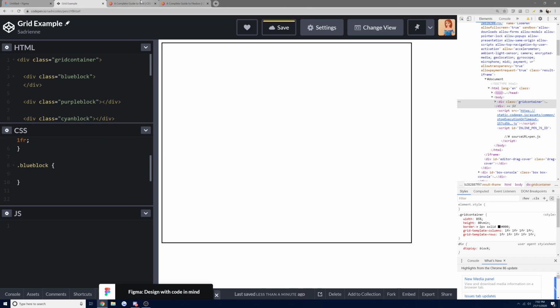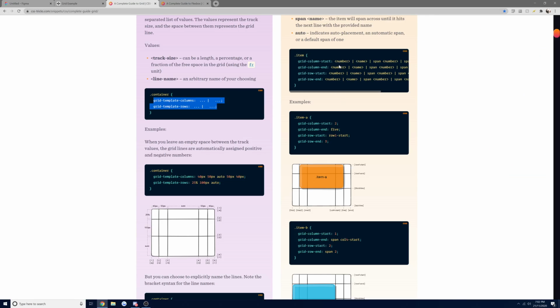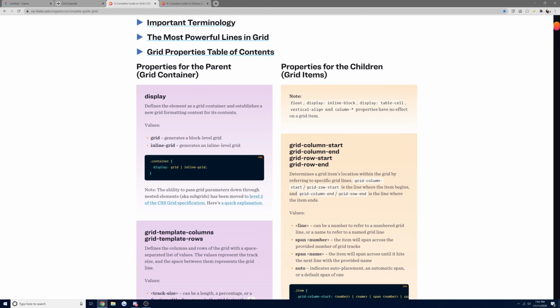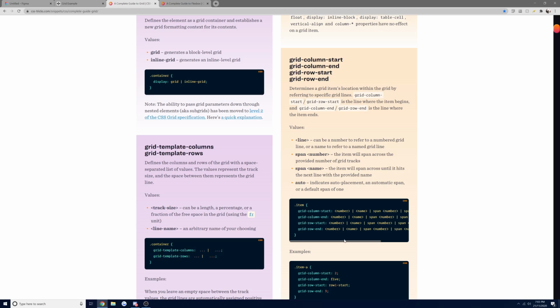And again, I always go back to this. And we're looking on the item side of things. So this is all the stuff for the parent container. This is the stuff for the children. And over here, there's a couple of different ways to do this, but I use this top one here, and I use the span